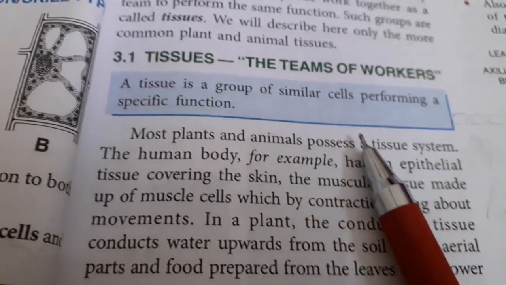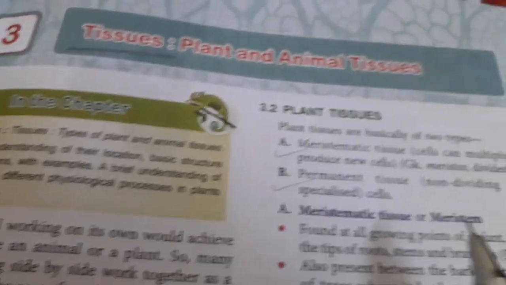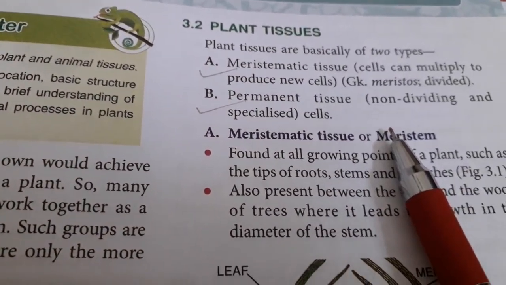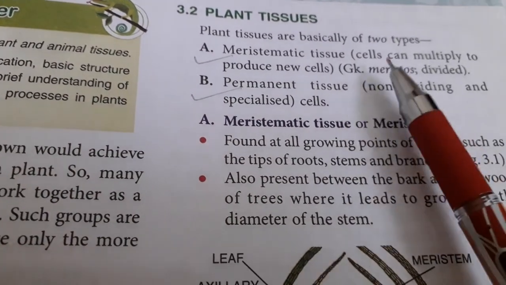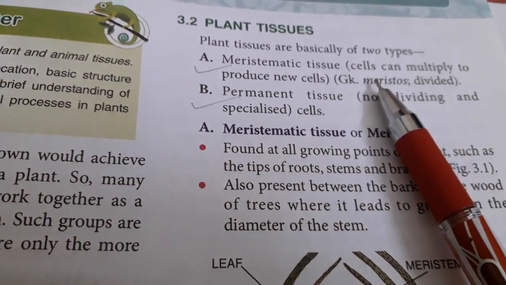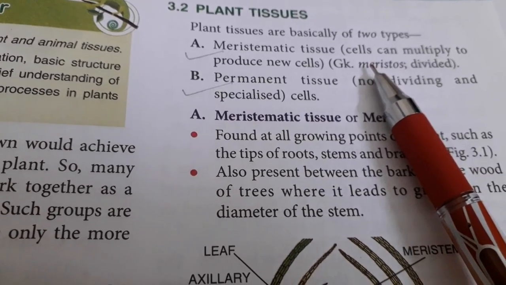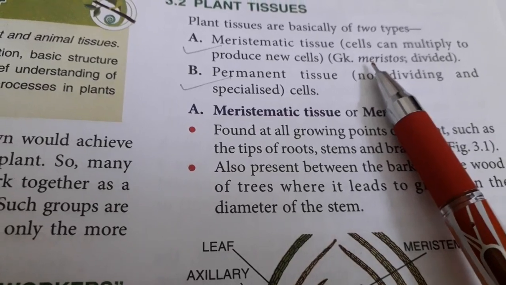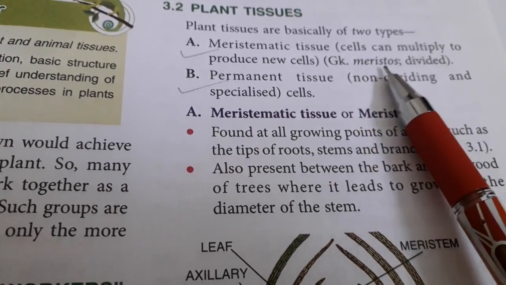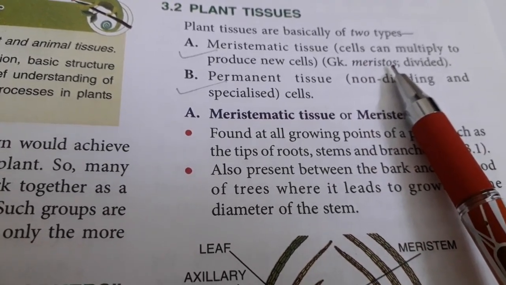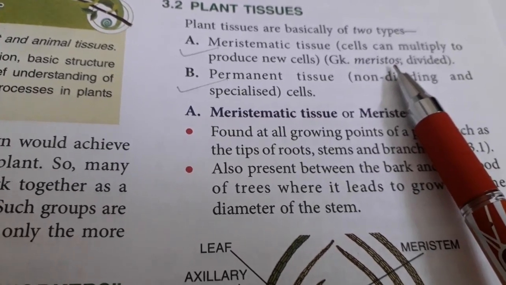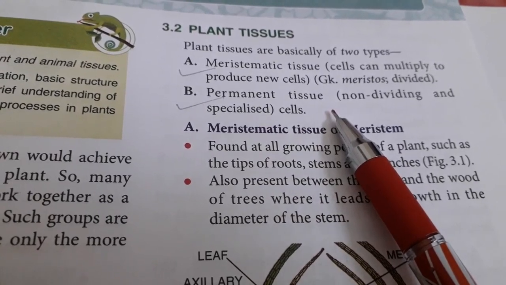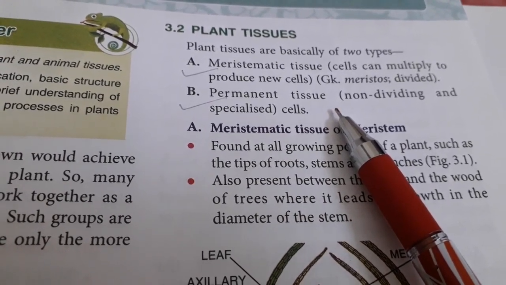So first of all, we will discuss plant tissues. You have read earlier also that we categorize plant tissues into two major forms. One is meristematic, which is made up of cells which are always in a state of division. They grow and regrow, divide, or you can say multiply, that is one and the same thing, to form new cells and thus help in growth. And the second type of tissue is permanent, the cells which have stopped dividing or forming new cells